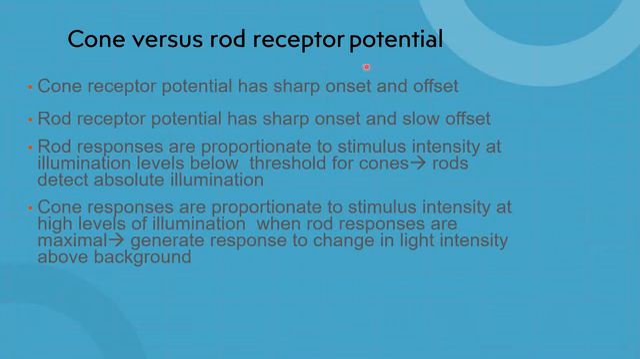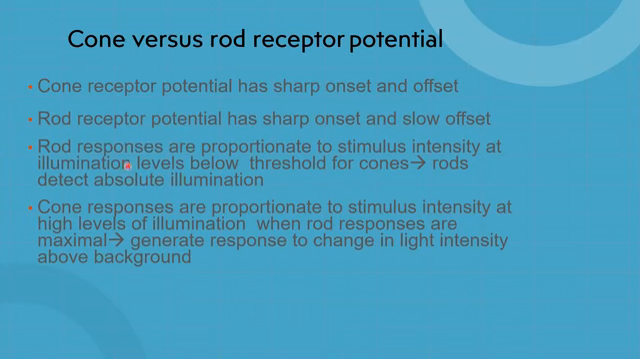The receptor potential: when light strikes the eye, the hyperpolarizing potential generated in the rods and cones is known as the photoreceptor potential. How this receptor potential differs in cones and rods: the cone receptor potential has a sharp onset and offset. It comes in a sharp time, and then again it goes off in a very small time. And the rod receptor potential has a sharp onset, that is, it also comes in a very short time gap, but it goes